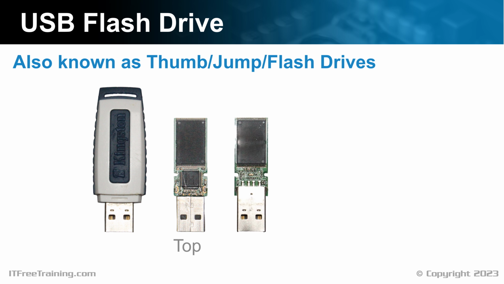You can see at the top of the USB flash drive there are two chips, and on the bottom is one chip. The two larger chips are the flash memory. The smaller chip is the controller chip. There is no official standard on how data is stored using flash memory. Thus, manufacturers are free to implement their own algorithms on how to store data on flash memory.